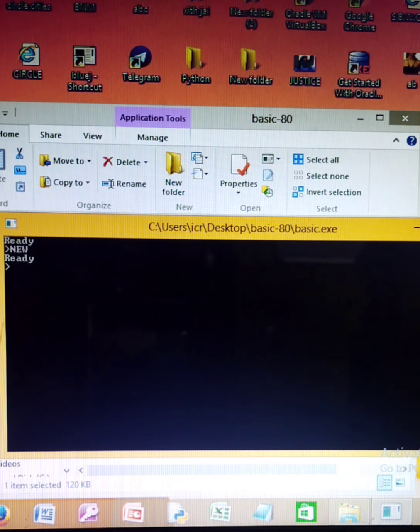We will write here NEW, AUTO, INPUT A, B and C. If A greater than B and A greater than C, then print "A is greater".